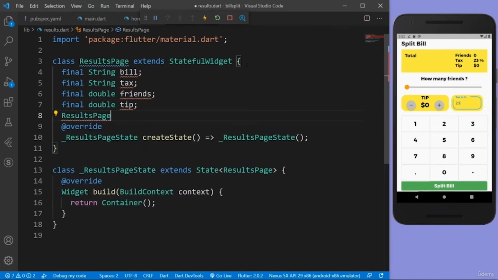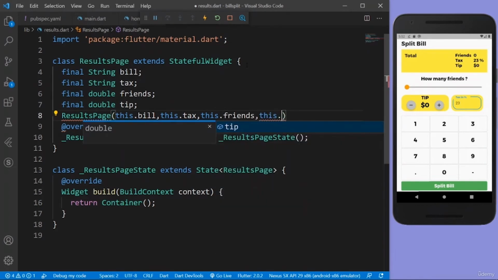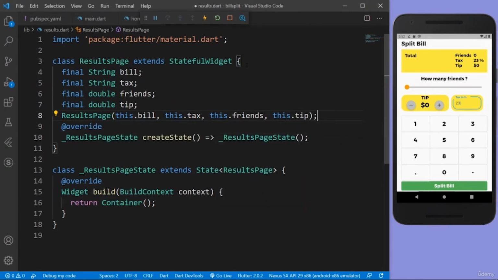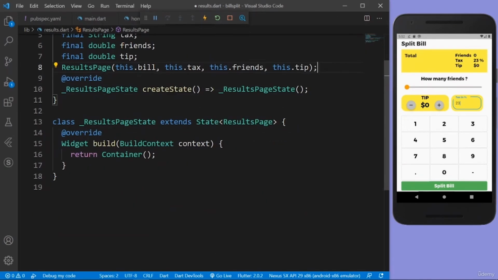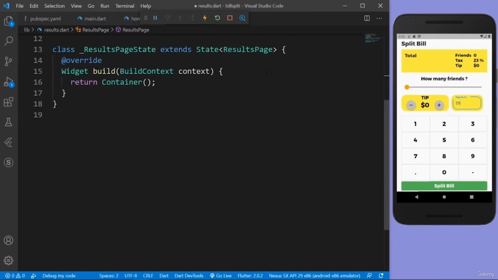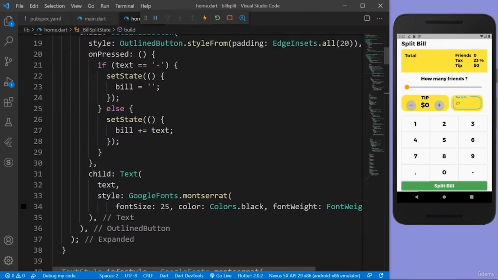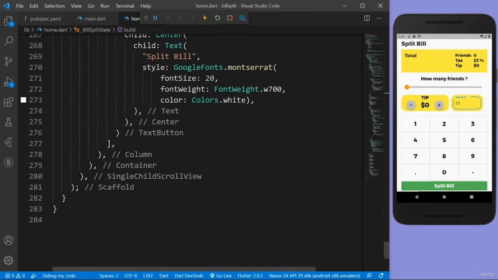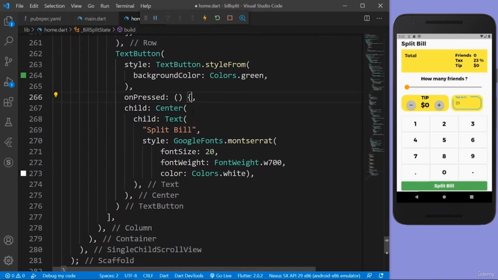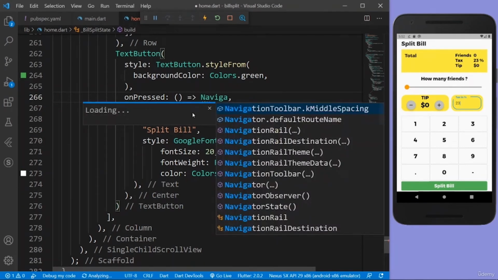So let's say results page, this.bill, this.tax, this.friends, this.tip. They should do the job. And let's actually navigate to the results page. So let's go to home.dart, and whenever I click on the split bill button, so here on pressed, let's navigate to the results page. So I can just call a Navigator.push function,